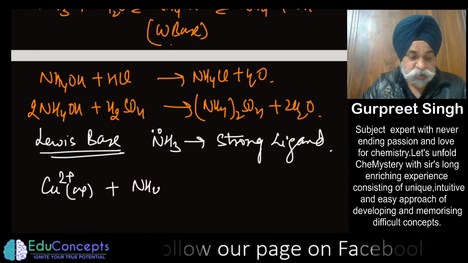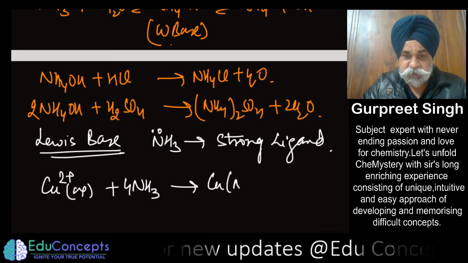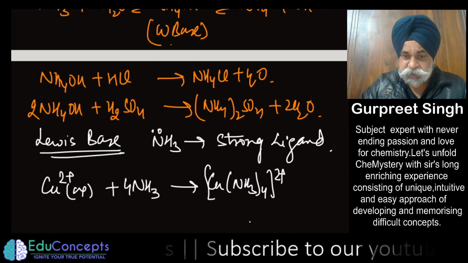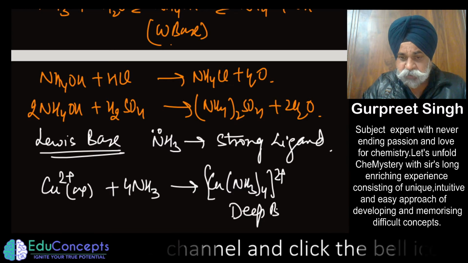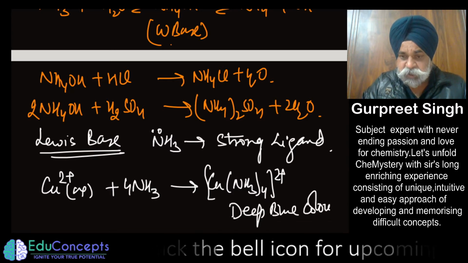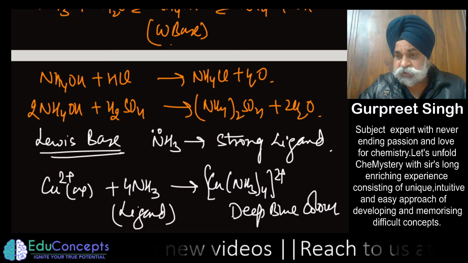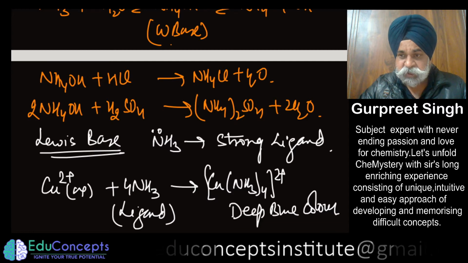or copper sulfate is put into ammonia, what it will be doing is that it will make a complex like this, showing that it's a good ligand. So it is having a deep blue color. So here it is acting more as a ligand, and anything which is a ligand is also a Lewis base, in that it has the tendency to give electron density to a transition metal cation.